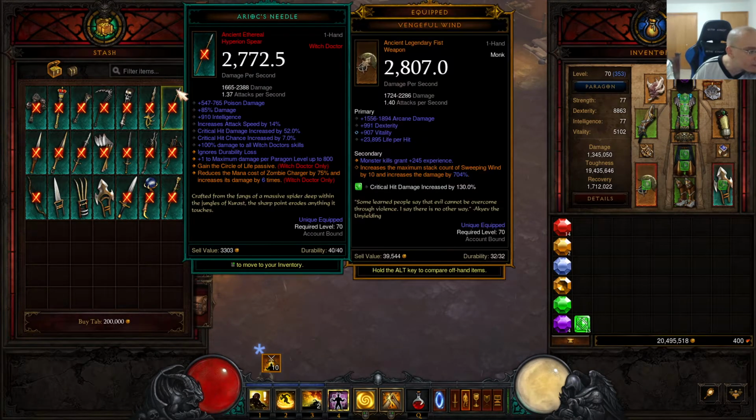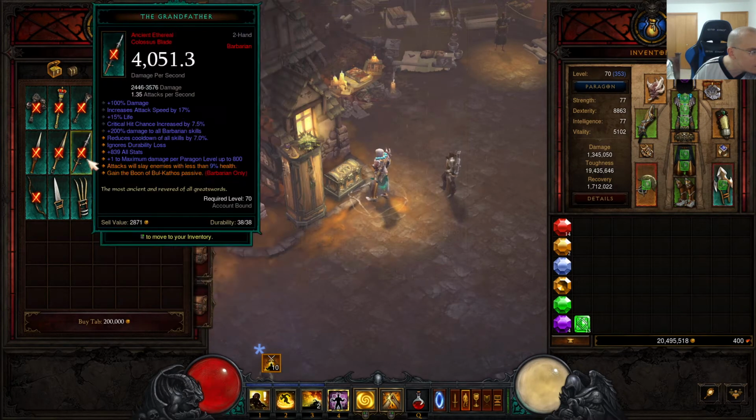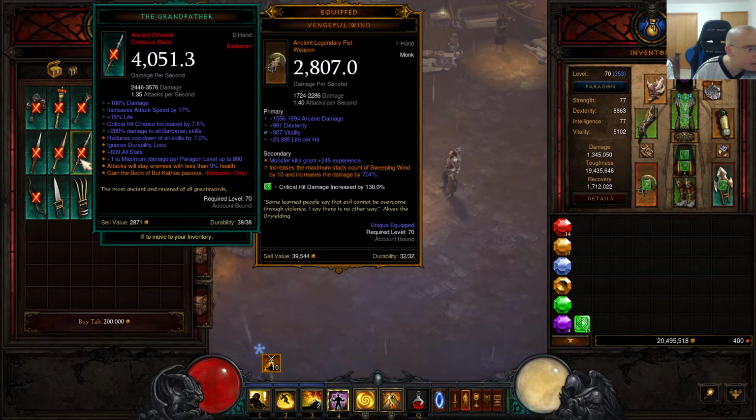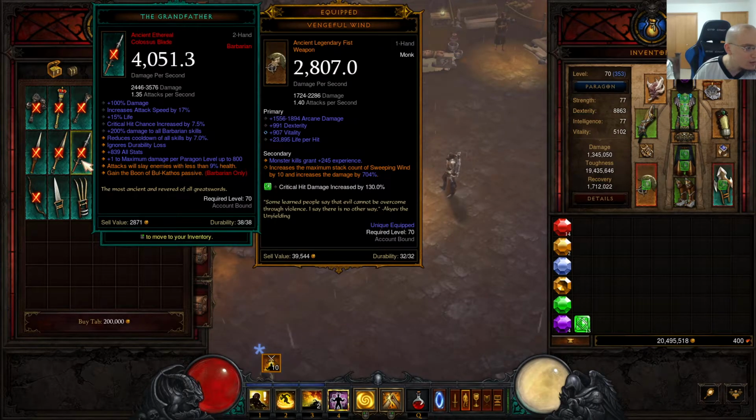Where is the Grandfather? There it is. So if you look at the Grandfather, right, it says increased attack speed 17%, 200% damage to all Barbarian skills, right? And in this case, it didn't take a very good weapon property on it, but you can get a Grandfather